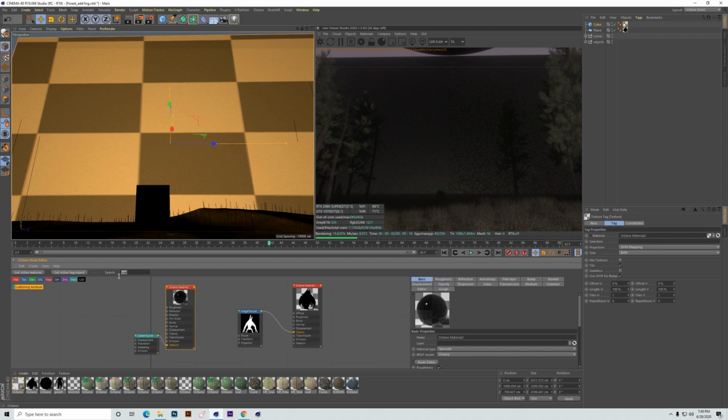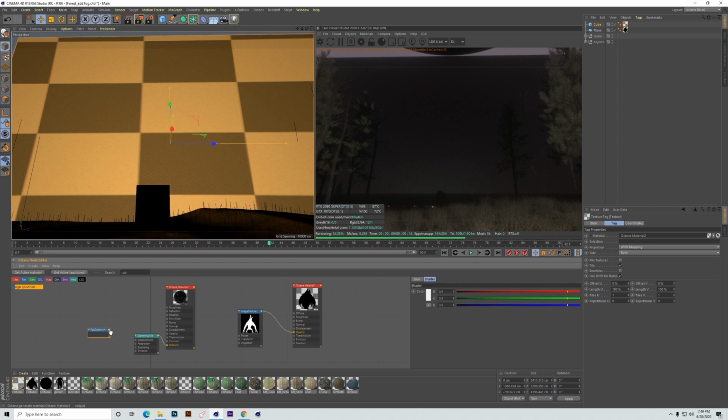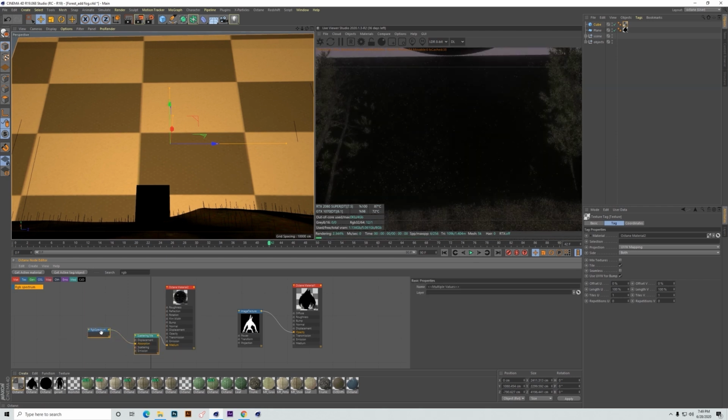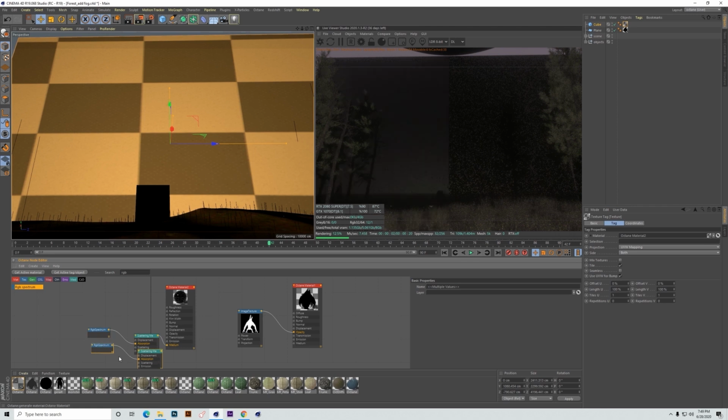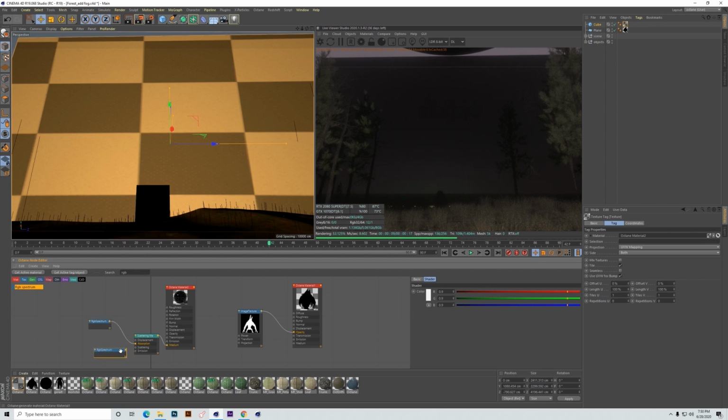And now we're looking for RGB spectrum, and we're gonna apply it to absorption, and then copy it, and apply it to